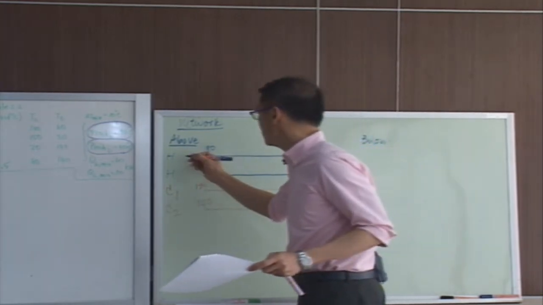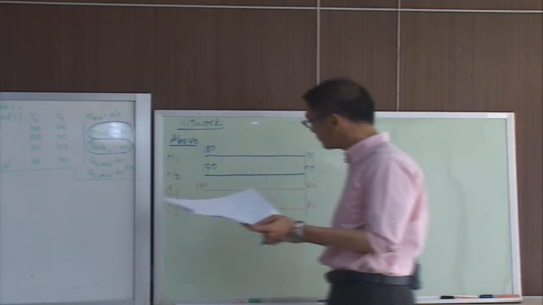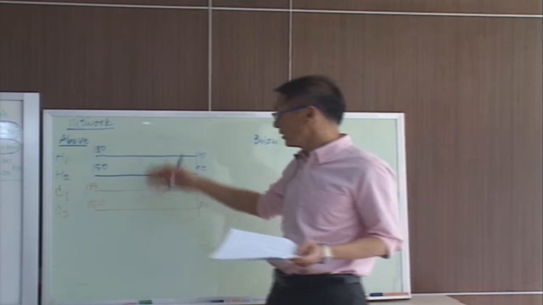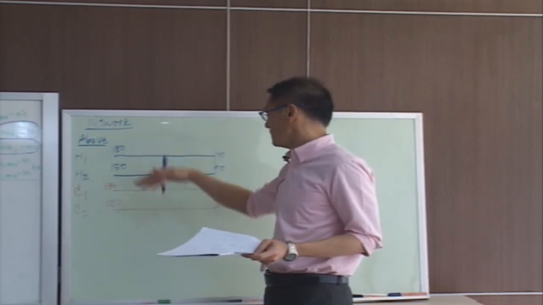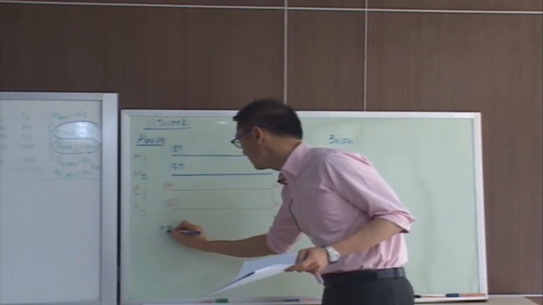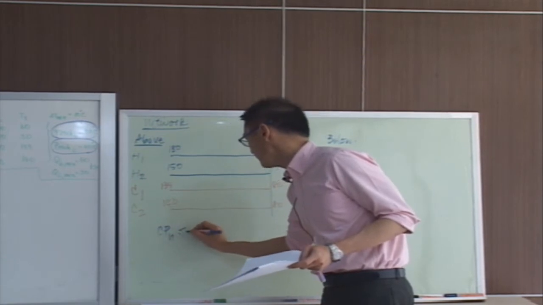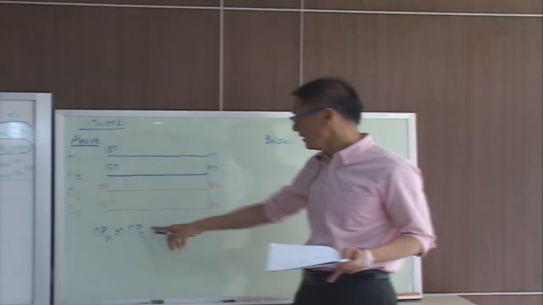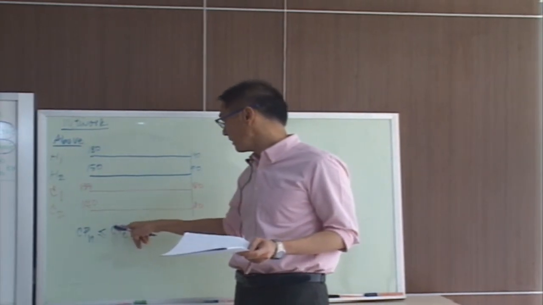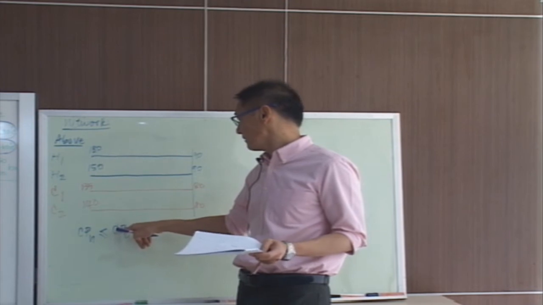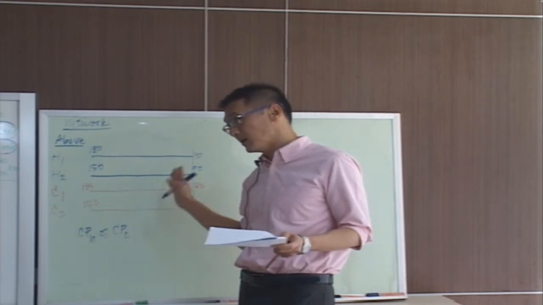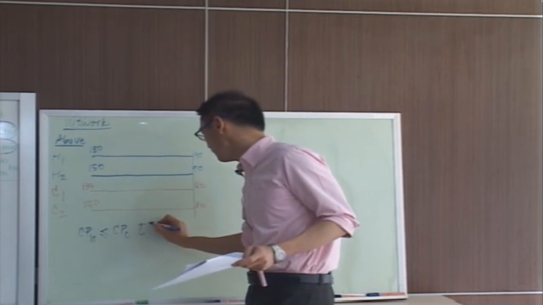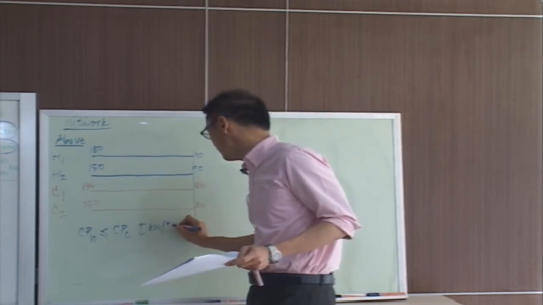This is hot number 1 and hot number 2. So the criterion that we use to make the network here is that Cp hot is less than or equal to Cp cold. Cp in capital here refers to the heat capacity flow rate. The unit of this will be kilowatt per degree Celsius,